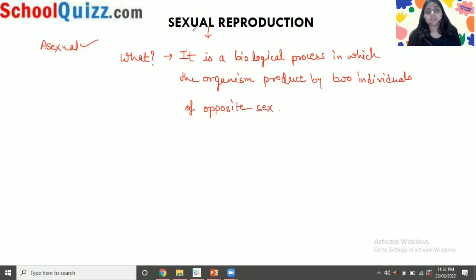So what is happening in this reproduction? There are two parents, and in asexual reproduction there is a single parent. What is the basic idea of sexual reproduction? There will be a male sex and a female sex. They will meet, and their male sex cell and female sex cell